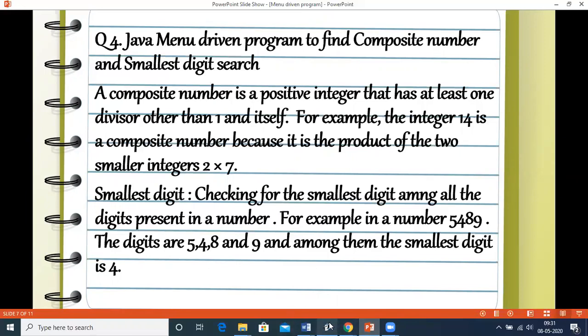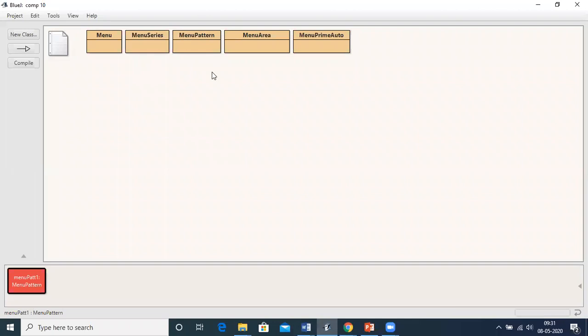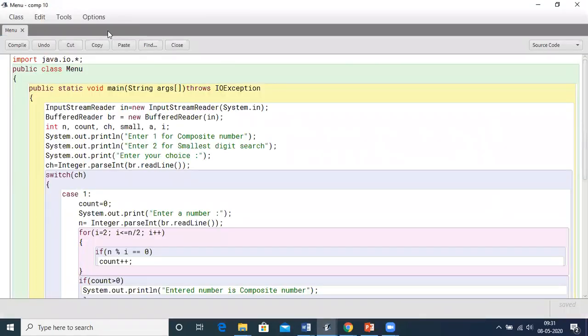This program also I have done. Just run through it. And in this program, as you can see from the beginning, I'll be using input stream reader. It's your choice. This program you can also do using the scanner class. So instead of IO, you need to write util, and in place of input stream reader, you have to write the scanner class. Some programs are done using input stream reader, some programs are done using scanner class. You can do the program as per your choice.